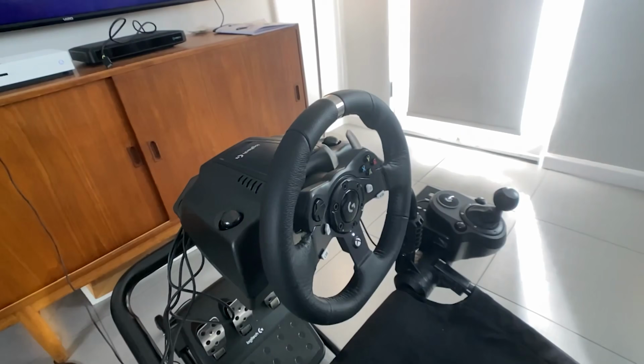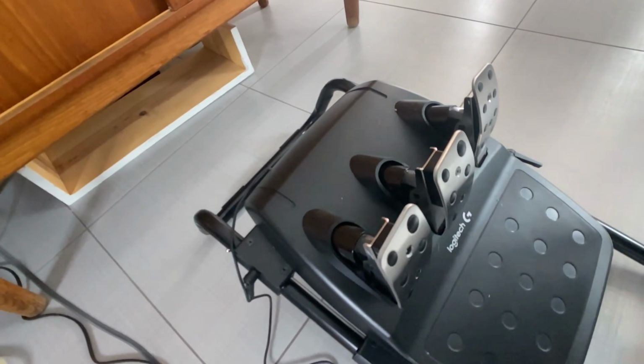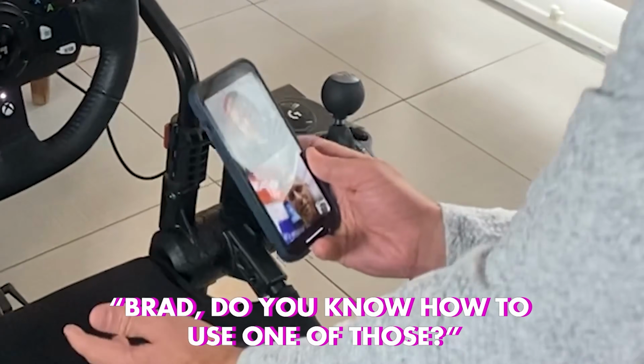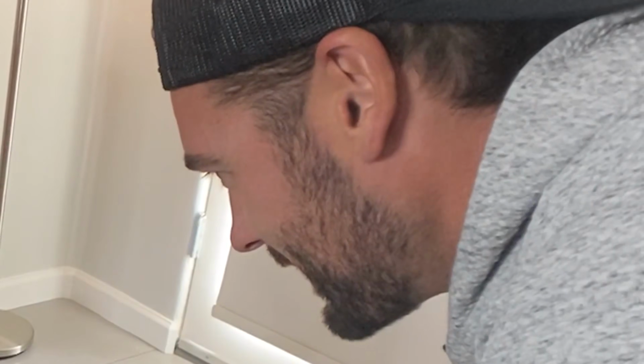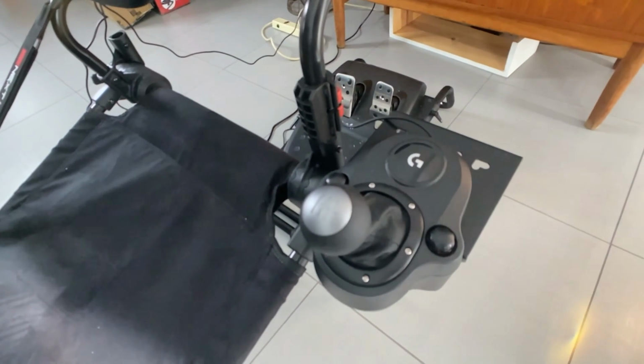And then we have the Logitech 920 steering wheel with the pedals as well, and it comes with a fun pedal down there. I don't know if it's on the right or left, but they're both fun. Brad, do you know how to use one of those? Well, the first two. I don't know how to use the third because I also got one of these